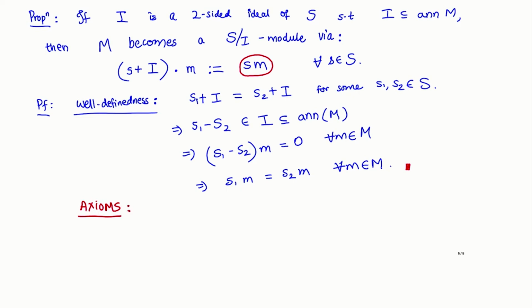Of a module, if I take a sum of two cosets, then the right hand side becomes a sum. Or if I take a product, it gives you successive actions and so on. Everything follows because it finally only depends on the representative. So check that the other axioms also work. And so this is a very important and useful proposition.